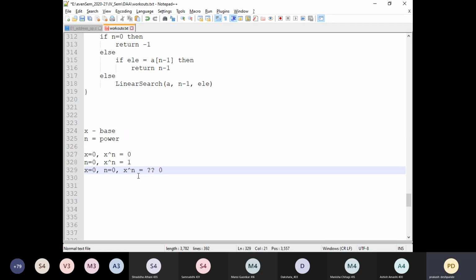So we are getting the values 0 and 1, because these are the only two possibilities. When x was 0, we said that it is 0. When n was 0, it was 1. But now both are zeros. Then what is the answer? Is it 0 or 1? The answer is 1.